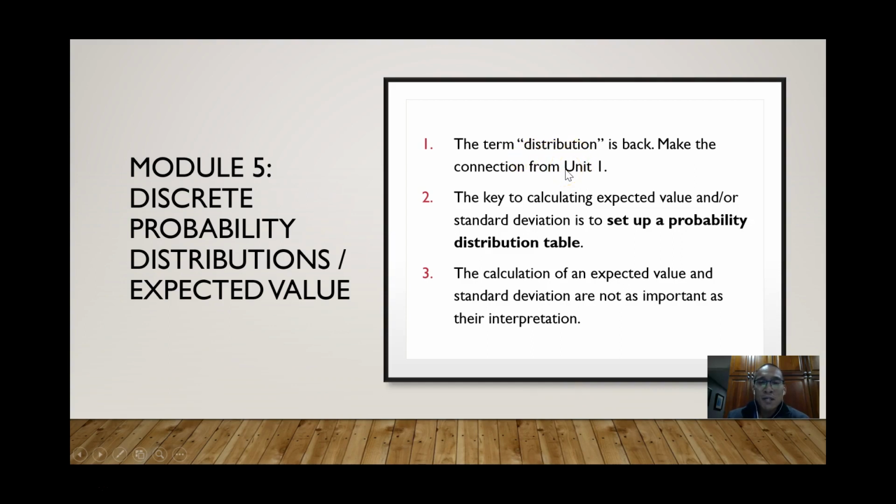Second, as we're coming up with these distributions that are discrete, meaning we can list them out, you're going to see that we're going to come up with these probability distributions just showing it the same way that we did before, using tables. So we're going to have one column that shows every single value, and one column that's every single probability. And that's what we talk about as being the probability distribution table. So make sure you do set those up first before you try to calculate everything, because that is the key to making sure that we have the correct calculation.